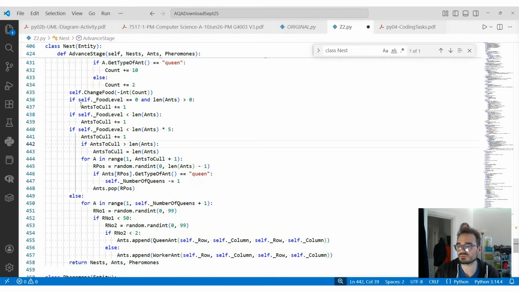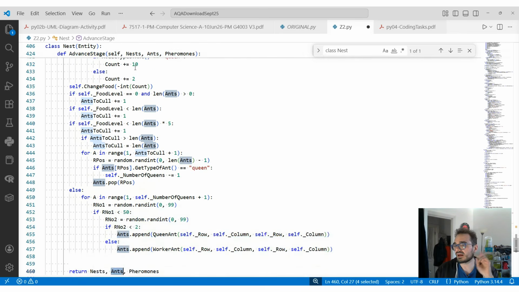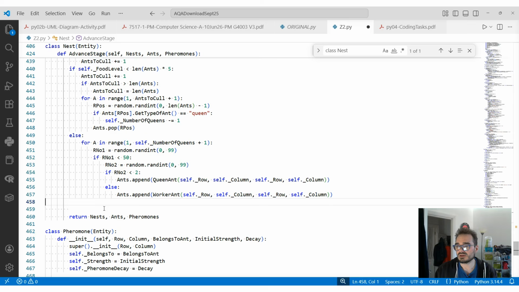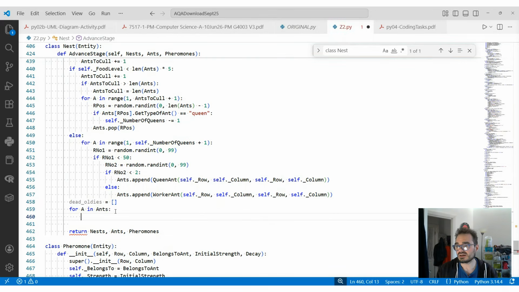So at the end of this, I'm guessing here, there's a bunch of ifs, whatever. Okay. So before we return, we have the ants list. These are lists that are being passed by reference. I'm going to need an old age deaths list, or dead oldies, starting as an empty list. You'll see why I'm doing this. For a in ants, if a.get_stages is higher than 14,